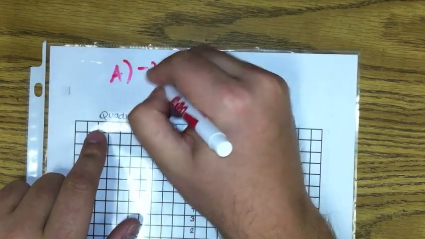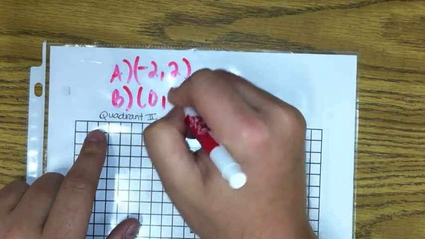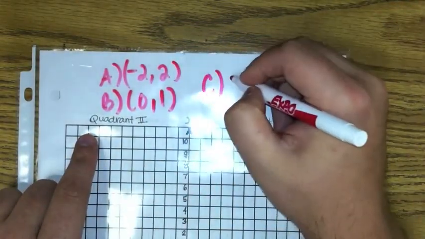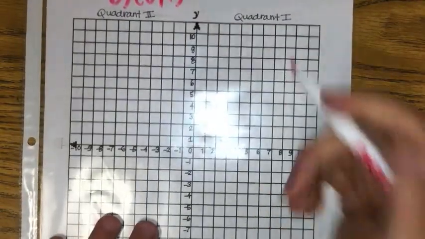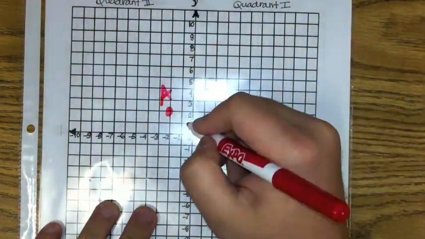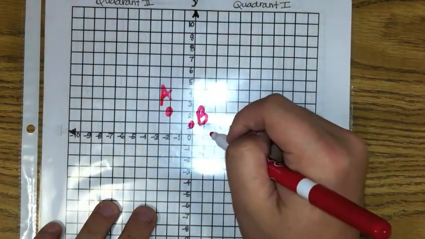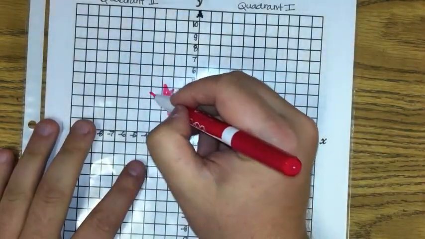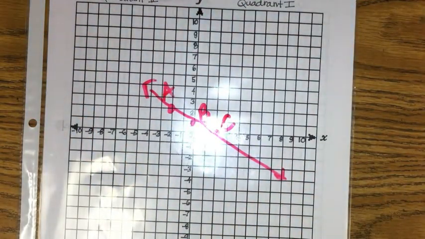A, we have negative 2, 2. B, it was 0, 1. And C was 2, 0. All right, so A, negative 2, 2. That's over here. B is 0, 1 right here. And C is 2, 0 right there. Okay, and the relationship formed, it again makes a downhill line. All right, now last try problem that you had